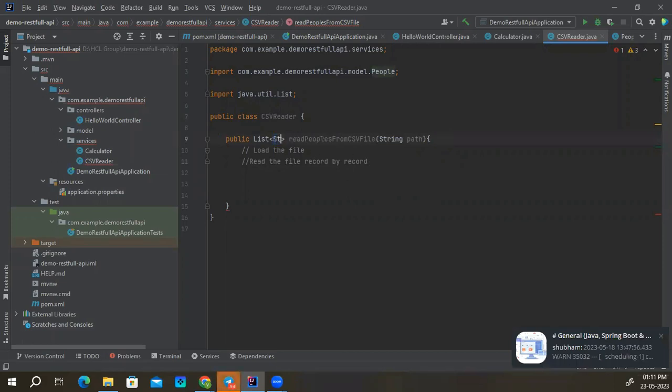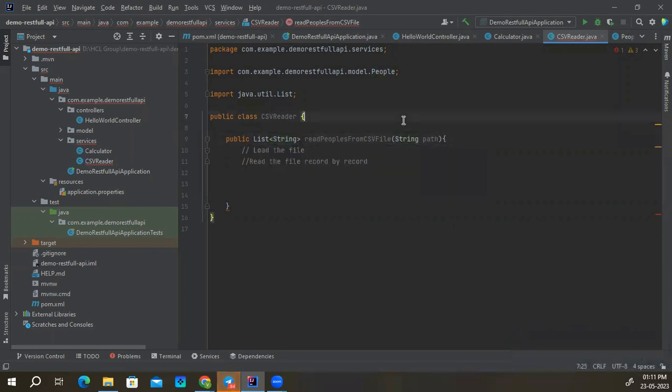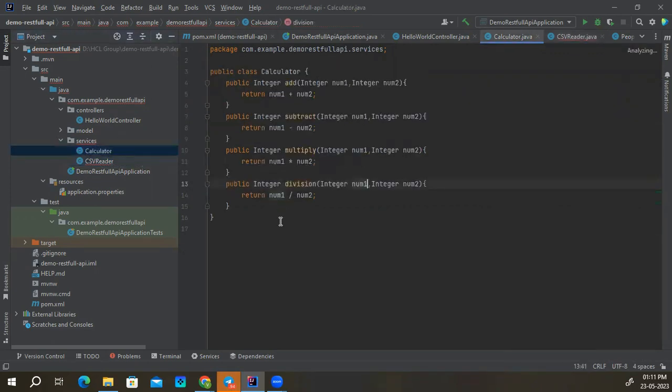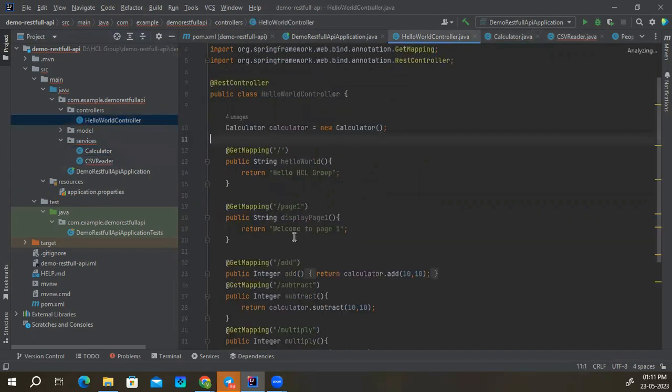I will show you. So again, I have taken the old sample itself. And last time we explained this, the Hello World controller, I will use that. So let's go to it first. So what I have done, we had a calculator class. So this calculator class we used in the Hello World controller. So now, what is it that we need to